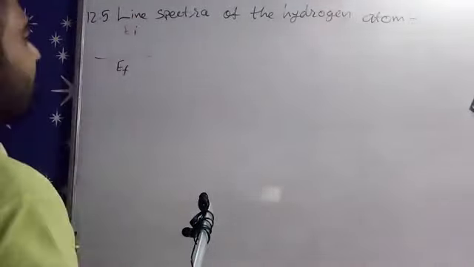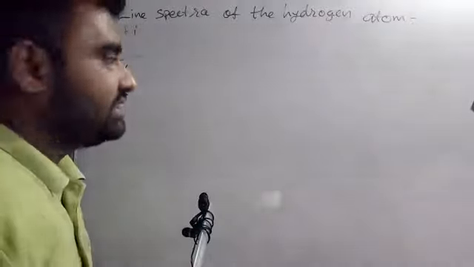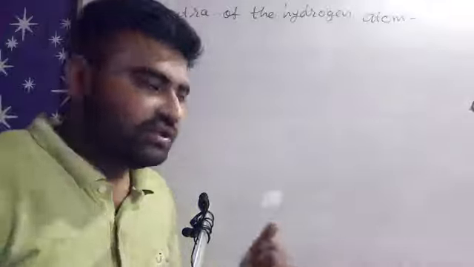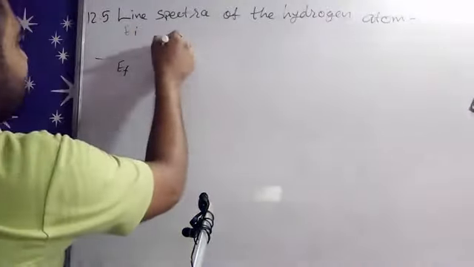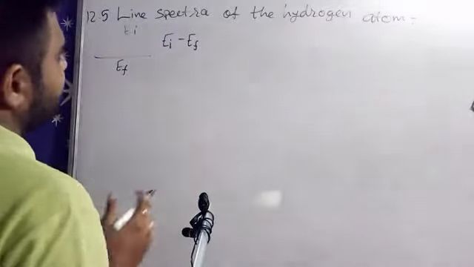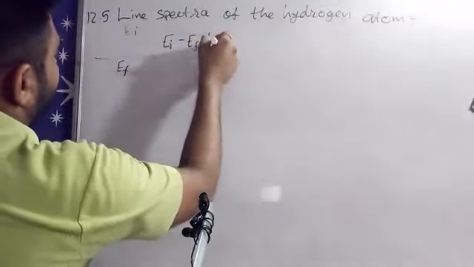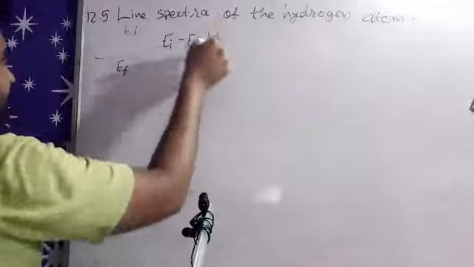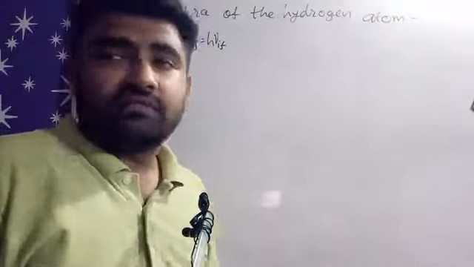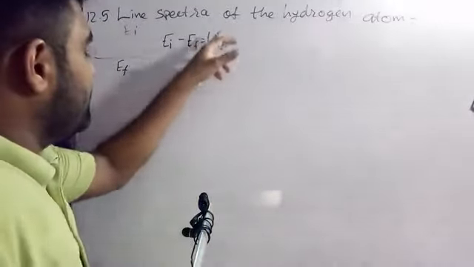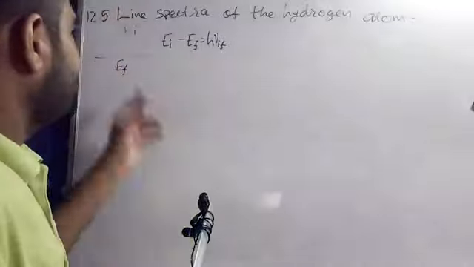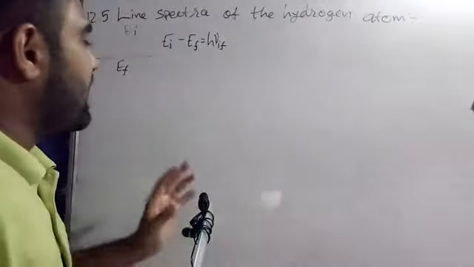the electron gives off some energy as radiation, that energy being Ei minus Ef. So Ei minus Ef is equal to h nu if. This much energy is produced by that electron, in the form of radiation. So Ei minus Ef is equal to h nu if.